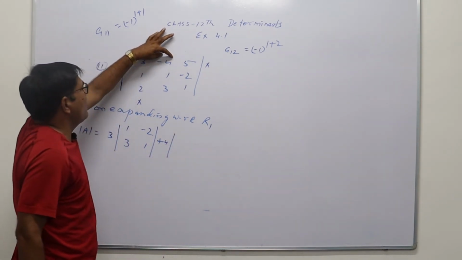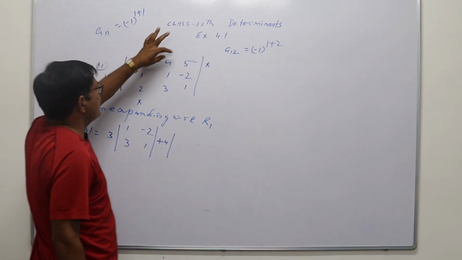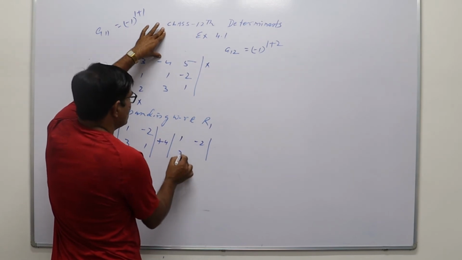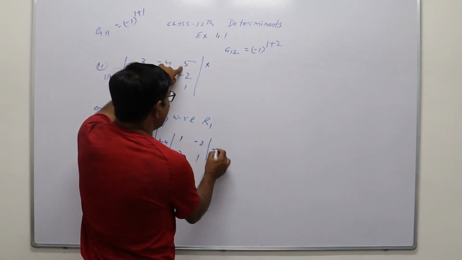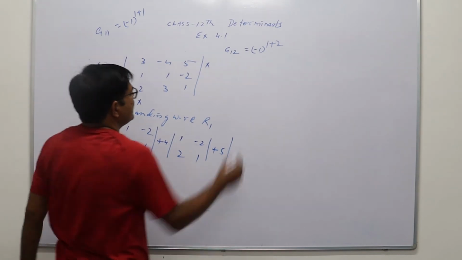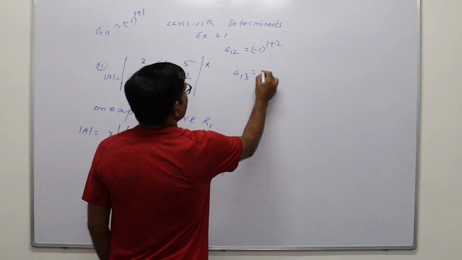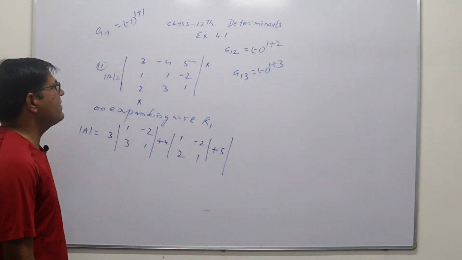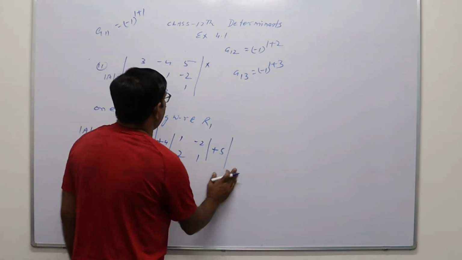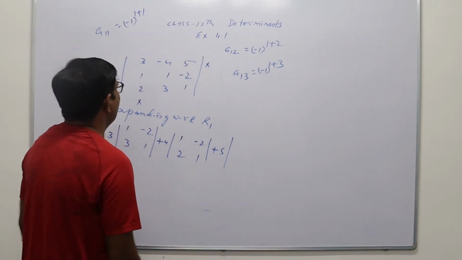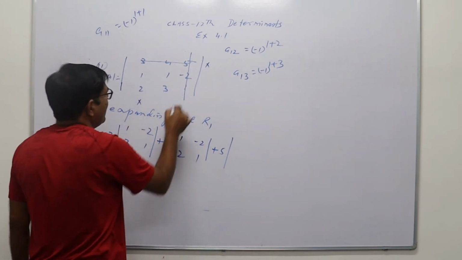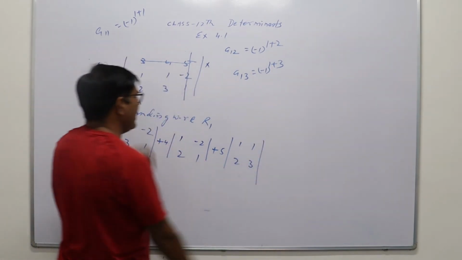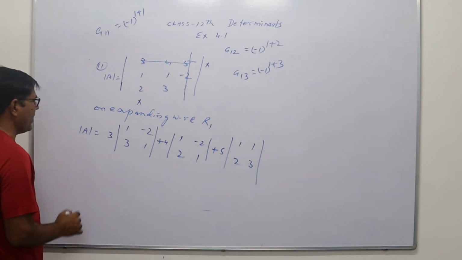Now ये second row second column में लाइज कर रहा, so first row second column के element को leave out करेंगे, तो remaining determinant will be 1 minus 2 2 1. Then third element 5, its position is A13, that is minus 1 raised to the power 1 plus 3, so minus 1 raised to the power even, so sign will be plus. Now 5 lies in first row and third column, so leave these, remaining elements are 1 1 2 3. In this way we will expand with respect to first row.